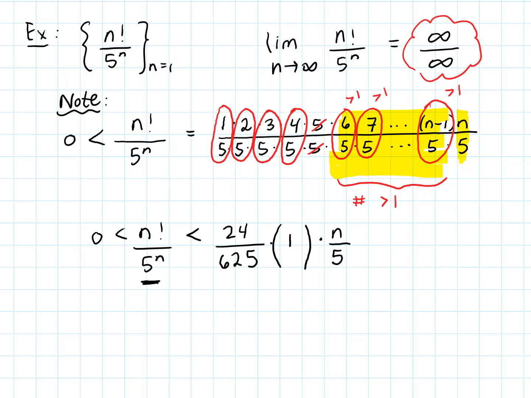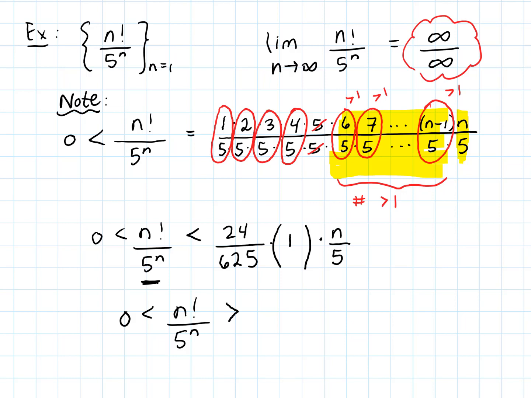I could have dropped it and just said we know that this thing is greater than 24 over 625, but I need that n over 5 so that I can show what happens as n approaches infinity. So notice right here what's actually going to happen. We're going to have a sequence n factorial over 5 to the n, and we know that that has to be